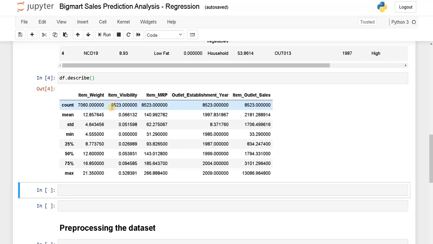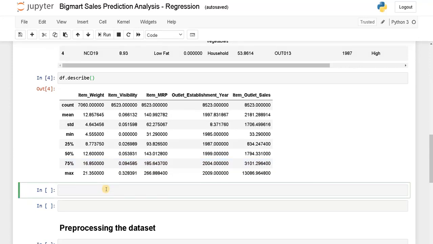Other variables have 8,500, but item weight has values around 7,000. So we need to fill the missing values here. And we have a certain range. From this statistical function, we can make use of these range values while filling the missing values in the data set. Mean, minimum and maximum values can be used to fill the missing values.